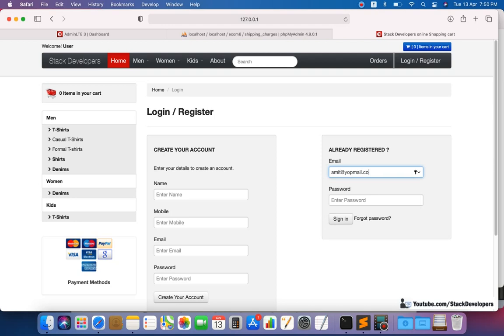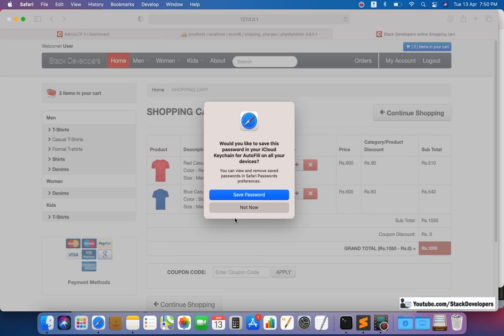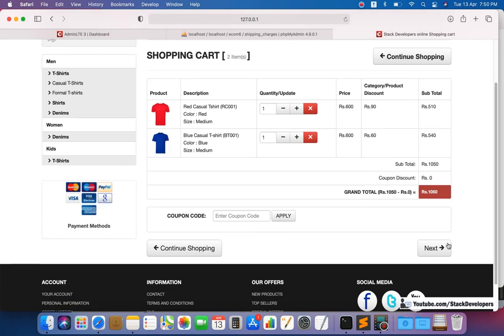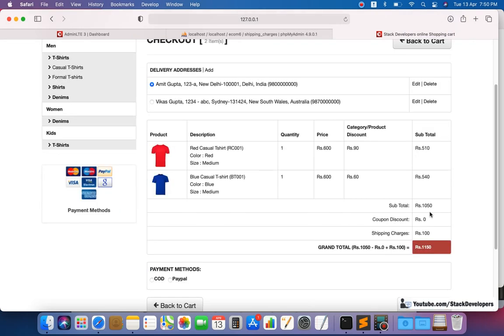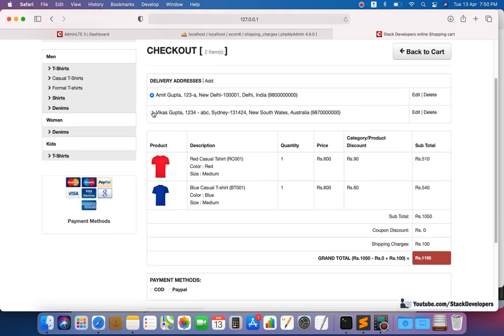We are able to apply those shipping charges on the checkout page. See, there are two products added, and go to next. If you select India, then the charges will be 100, and if you select Australia, then the charges will be 500. But now we are going to work on the advanced shipping charges module,